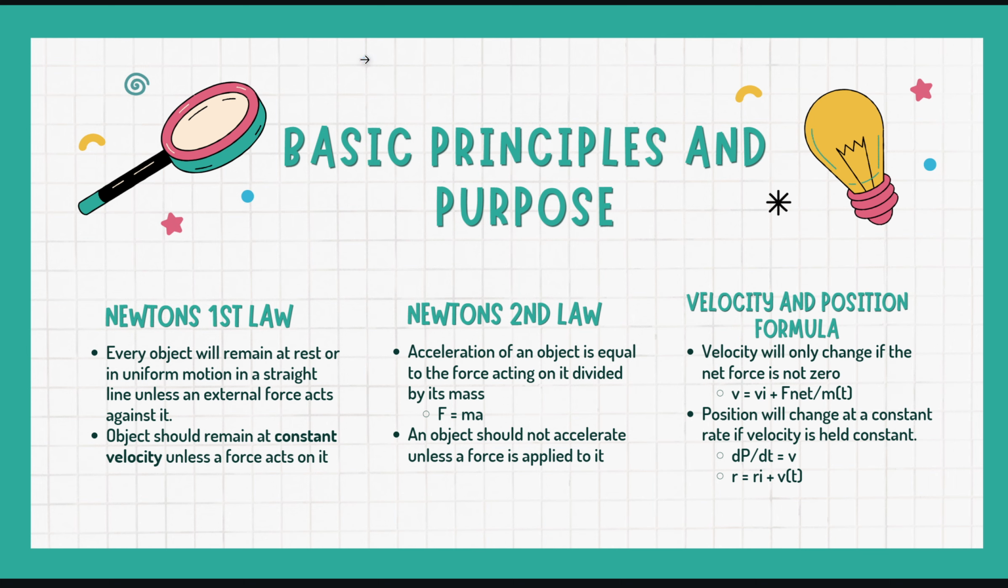So, the basic principles and purpose of this lab is to investigate an object moving at a constant velocity and how that ties into these basic physics principles. First we have Newton's first law, which is every object will remain at rest or in uniform motion in a straight line unless an external force acts against it. So, an object should remain at a constant velocity unless there's a force acting on it, which is what we